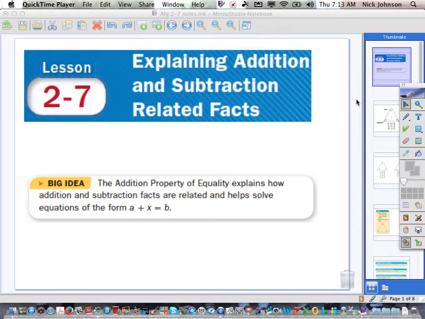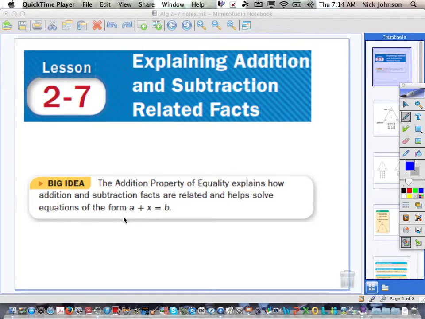Today we're going to talk about Lesson 2-7, explaining addition and subtraction related facts. The big idea today is the addition property of equality explains how addition and subtraction facts are related and help solve equations of the form a plus x is equal to b. And what this is, it tells us how we do our algebra. If we were trying to find x here,